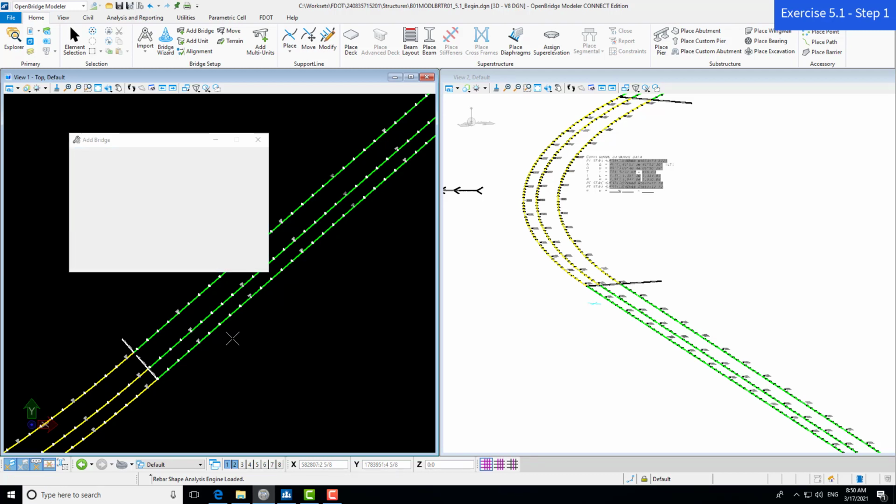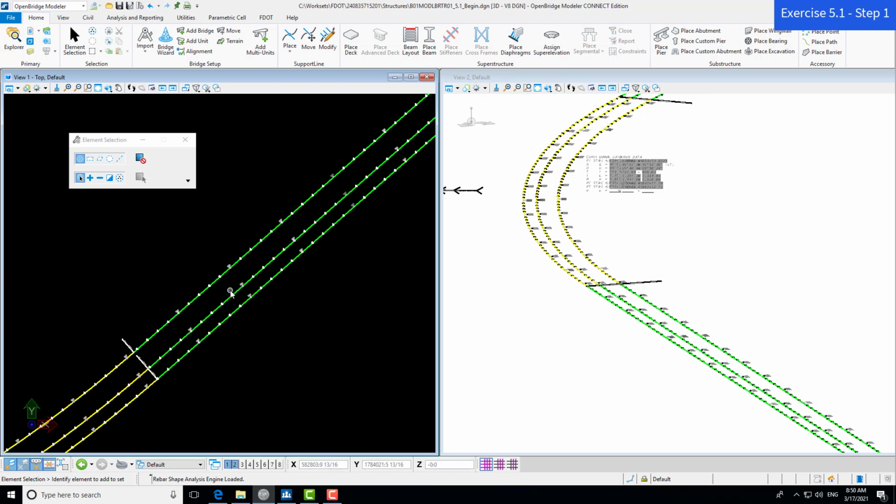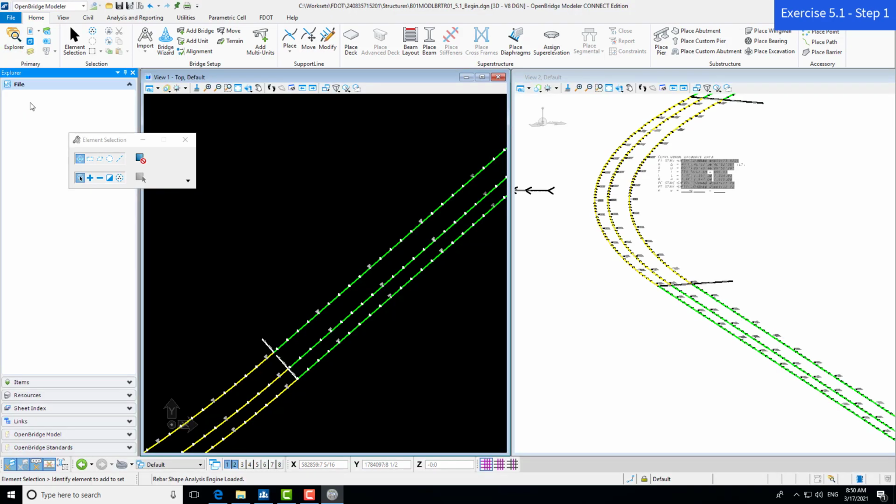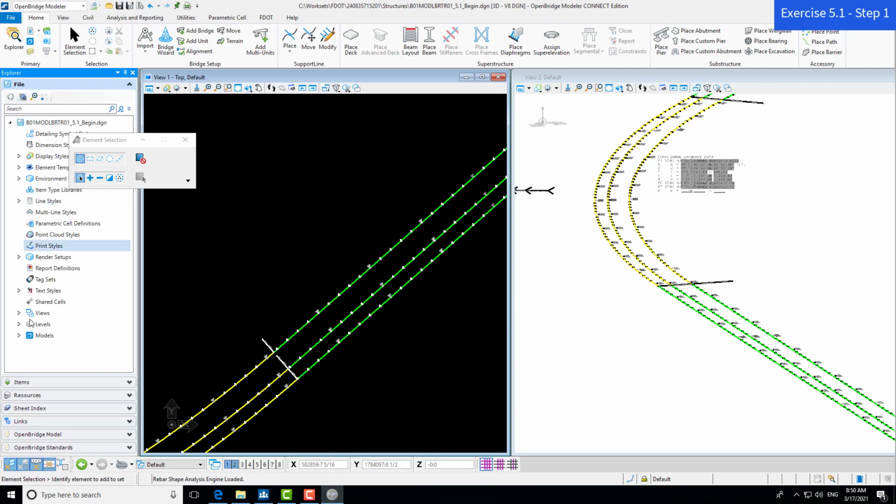And now it doesn't look like anything happened immediately, but we're going to go ahead and open our Project Explorer box. And here you can see we have some additional information. This may be familiar from other Bentley products, with some that are specific and customized to OpenBridge Modeler. You can see there are two categories down here. And for OpenBridge Model, I'm going to go ahead and select that.